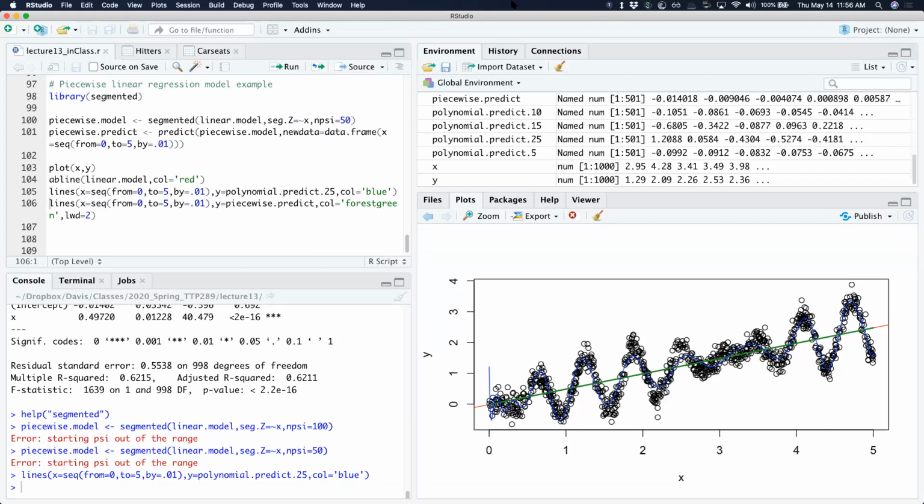Hey, Alan, for the piecewise model, you might